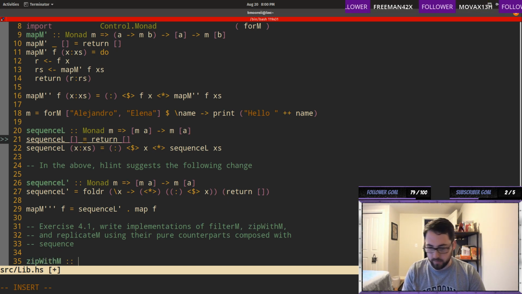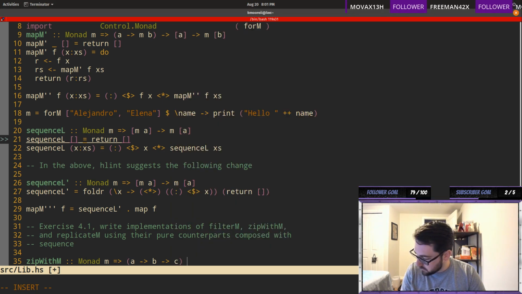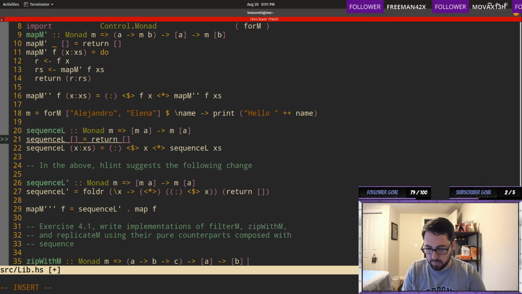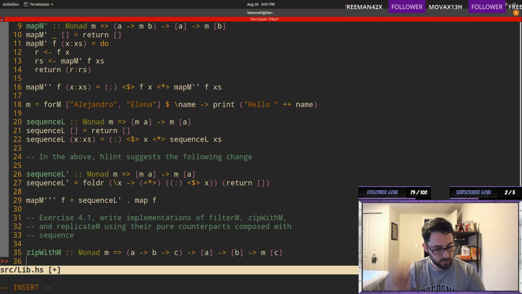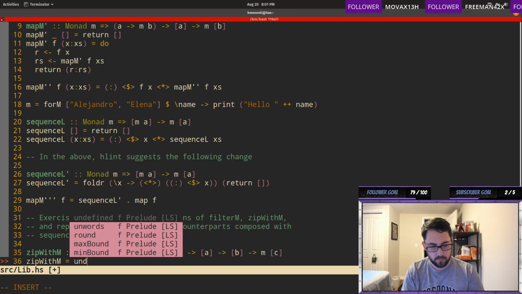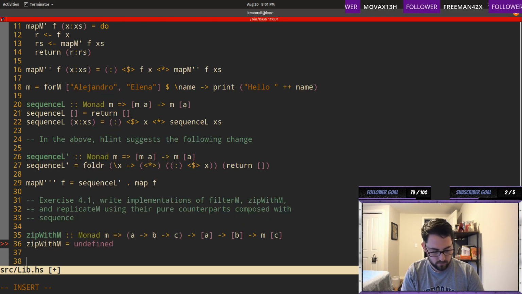So zipWithM is Monad m, a, b, c, list a, list b, m of list c. And we need to do replicateM,